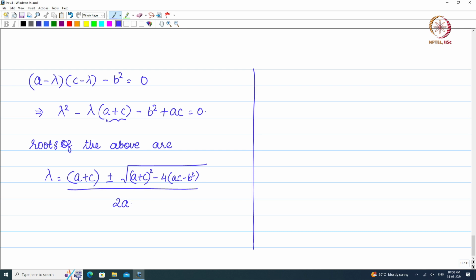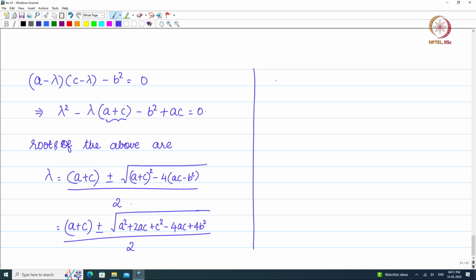This is what we have. Here a is equal to 1, so let me make that 2. So, let us expand whatever is there in the bracket. So, I am going to have A plus C plus or minus square root of A square plus 2AC plus C square minus 4AC plus 4B square, divided by 2,